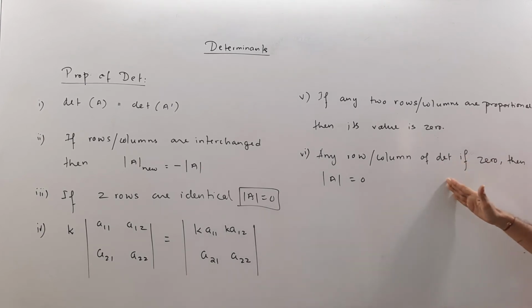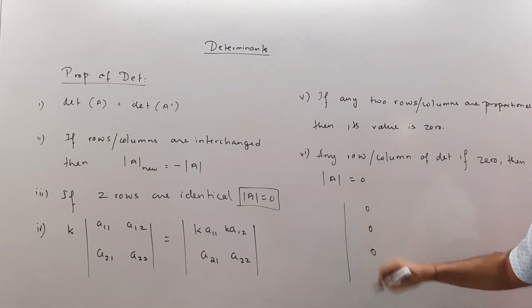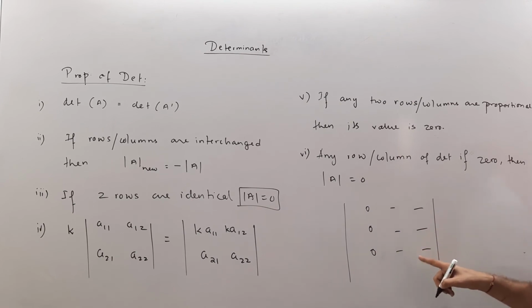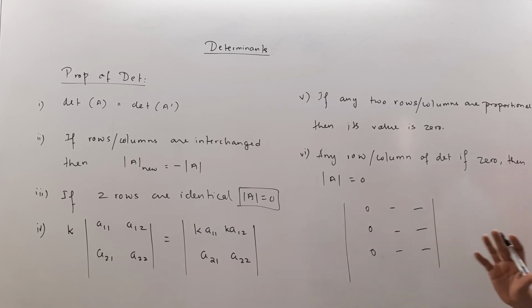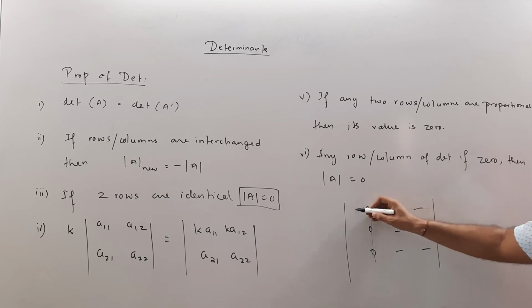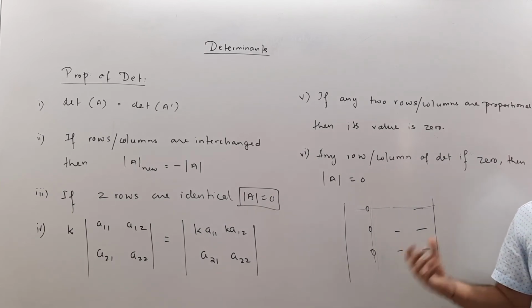If any row or column of a determinant is 0, then the determinant of A is 0. Which means that if one of the rows, in this case a column, is like this, and of course the other entries are finite, non-zero values, but if this column is entirely 0, it means that the value of this determinant is 100% going to be 0, simply because we can expand the determinant across this also, just like we can do across this. Normally we expand across this, but we can expand the determinant this way also. So that is why the answer of this determinant is going to be 0.